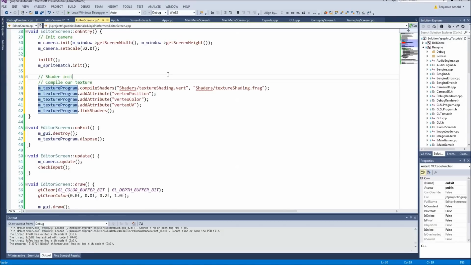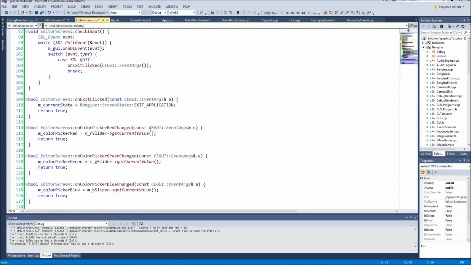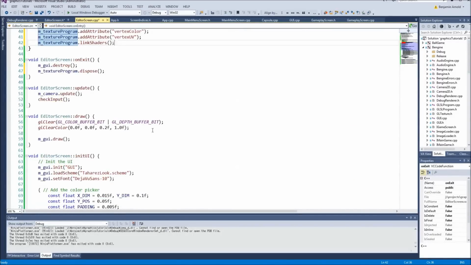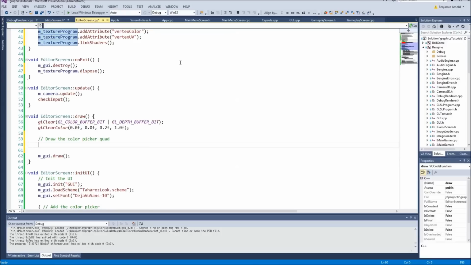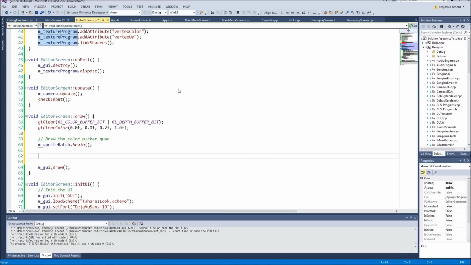All right, so we have our shader, we are linking the shader. Now we want to actually draw that color picker. So in our render function, we'll draw it before we draw the GUI. Draw the color picker quad. Now I think we're going to need to also load a blank texture, or just initialize a blank texture as well. So for the color picker quad, we're going to say m sprite batch dot begin, m sprite batch dot end,